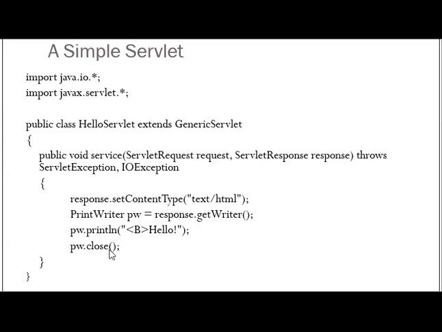By the end of this method, what happens? A response object would have been set with the content type HTML, and the text present is the bold tag followed by the hello message. So the response object is returned back to the client. And now it is the responsibility of the client to process this response object and take necessary actions based on the value.